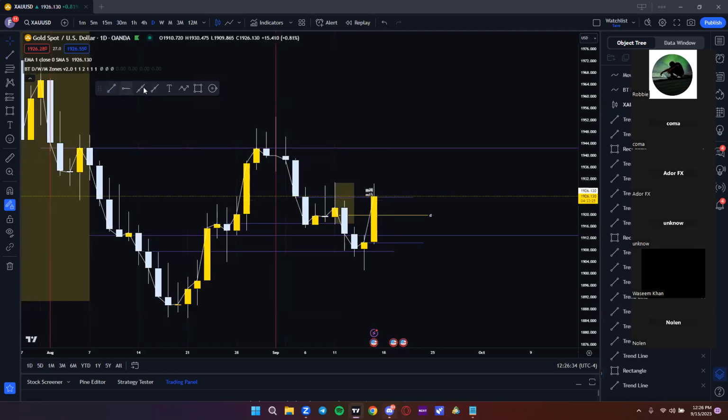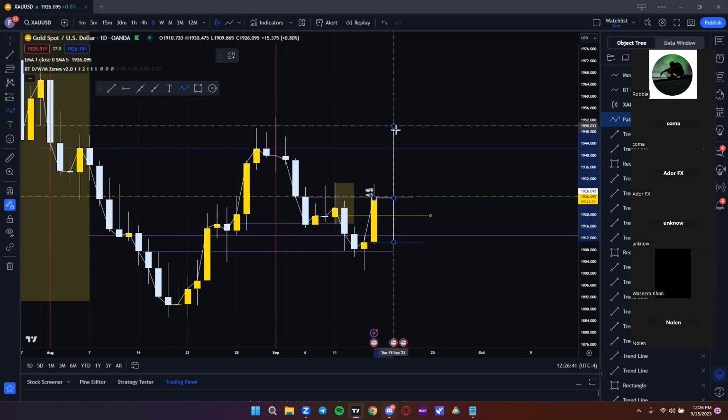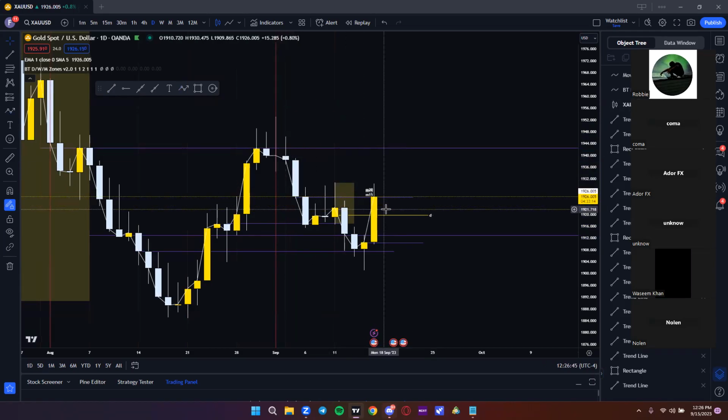So next week, it could open, test these levels and then keep going up. Or with this rejection, let's just say it closes like this and it closes below. Next week, what could happen again is it could open,